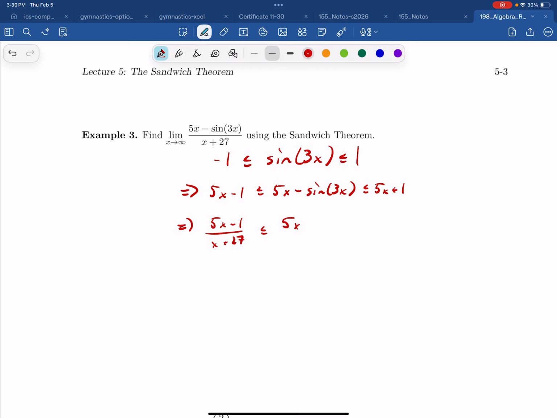My bad. But one thing actually I didn't point out, we actually had a negative sign. You can just put that negative sign right there, because even if we flip the graph of sine, it's still bounded by negative 1 and 1. Okay? Anyway, we have 5x minus sine of 3x, and then we are divided by x plus 27,